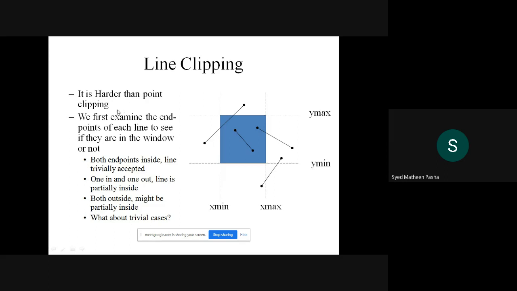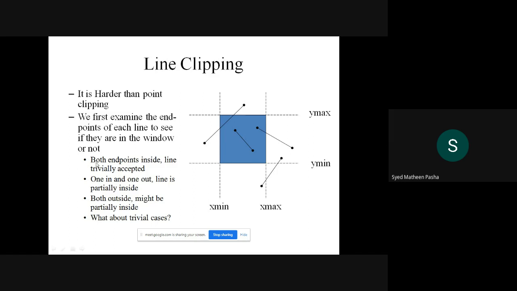We can do line clipping where we first examine the endpoints. That is, you check the endpoints of that particular line to see if they are in the window or not. As we all know, you need a window with the help of which you can display the particular lines you want. If I want to eliminate a point, I will check whether the endpoints with which you have drawn the line come under that particular window or not. First, this is the condition you should check.